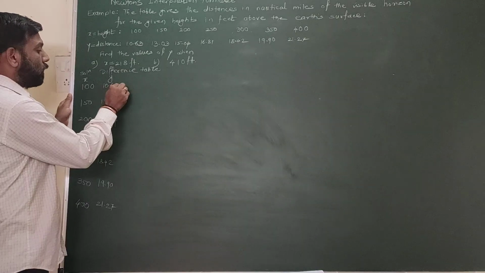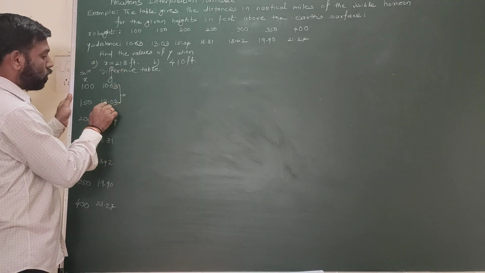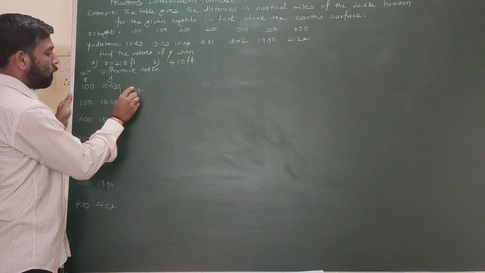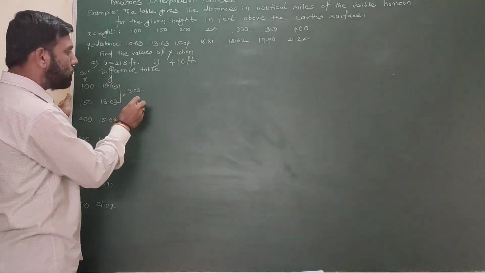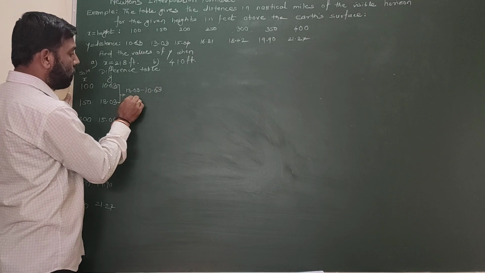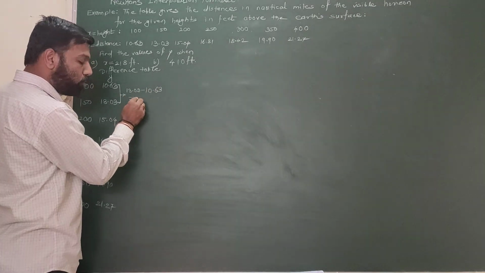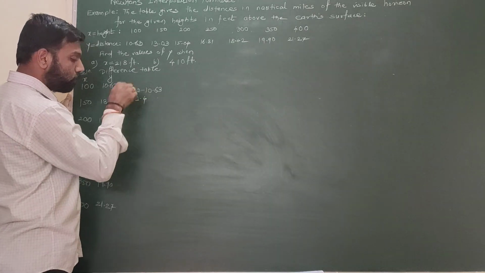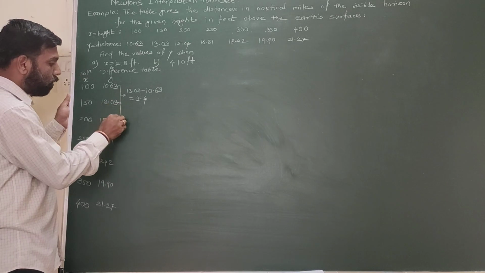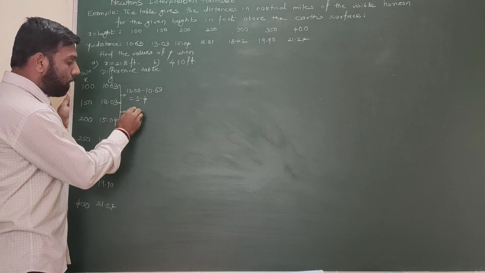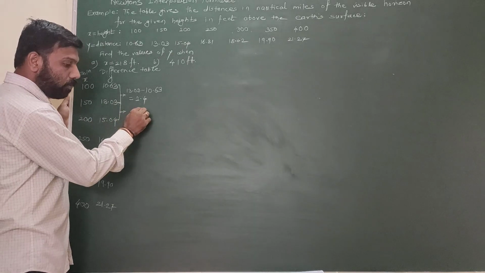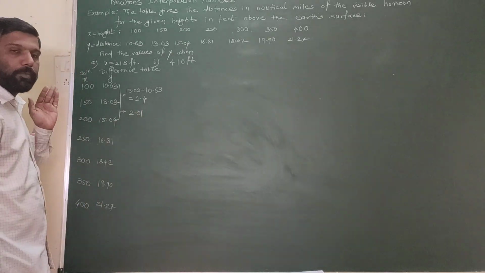Now how will we complete this expression? 13.03, next number minus previous number. This is the procedure for performing the difference table. So the output of this is 2.4. Similarly, if we continue, we take the next number minus previous number. So like this we will complete the difference table.